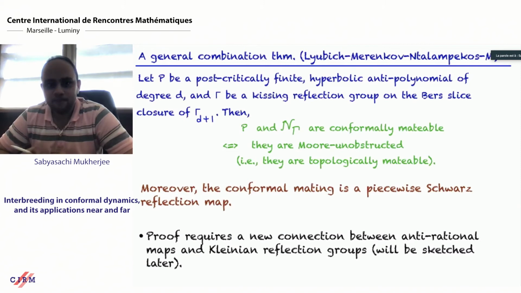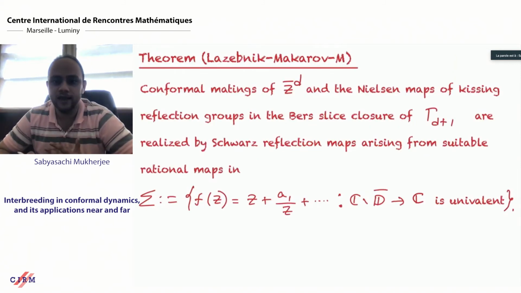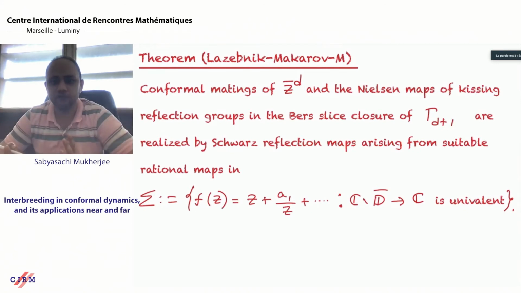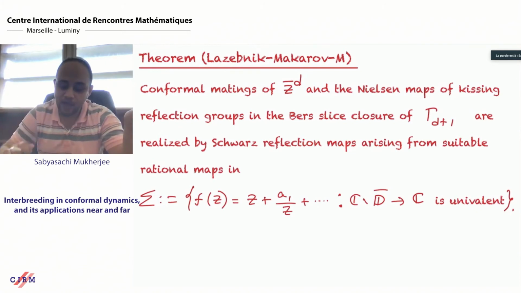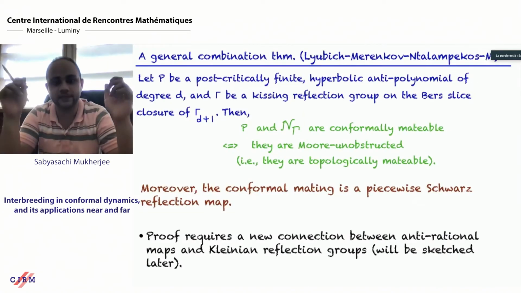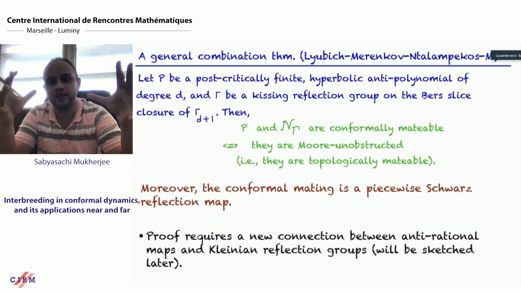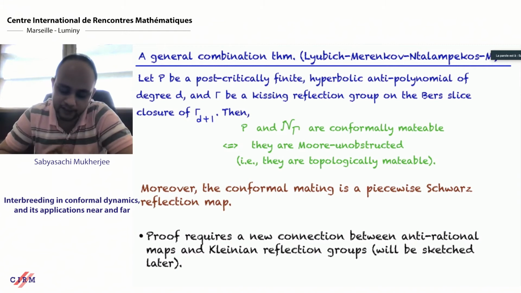And there are many problems here. First thing, earlier, we were not looking at topological obstructions at all. We were gluing two disks, or a disk with a compact set. But now we are going to glue two compact sets, two filled Julia sets, or a filled Julia set and a filled limit set. And of course, then the whole problem of topological obstruction, or Moore obstruction, will come into play.